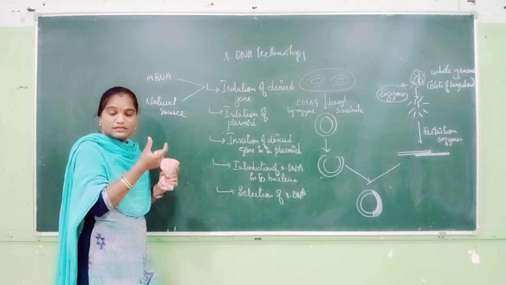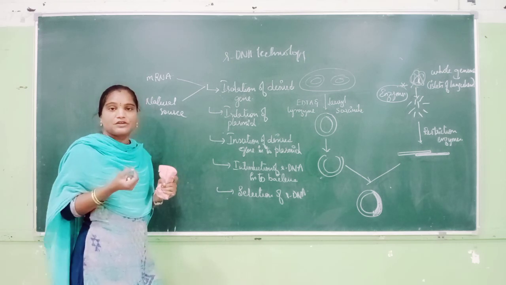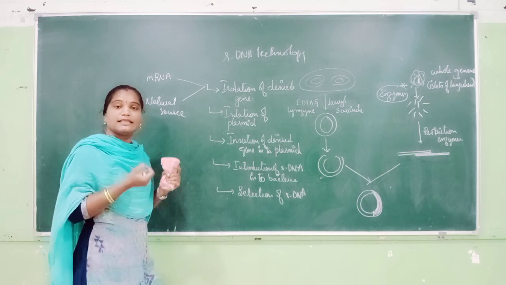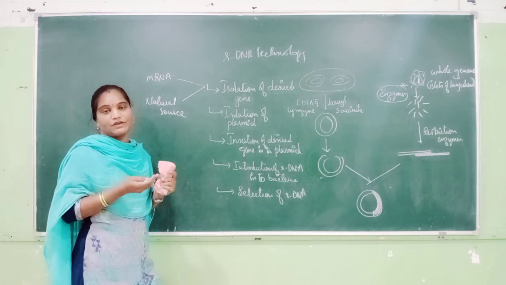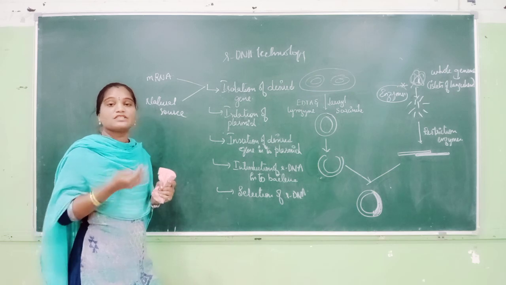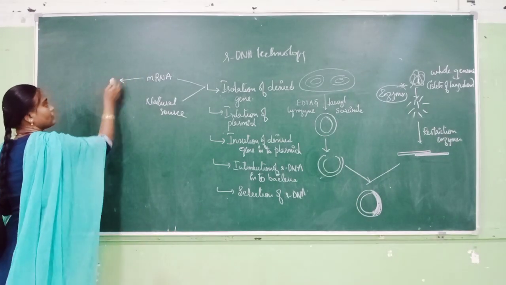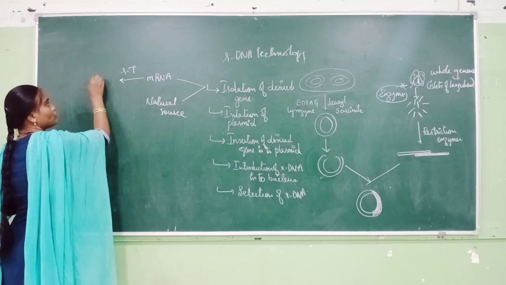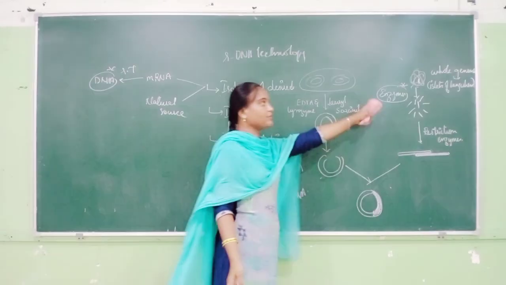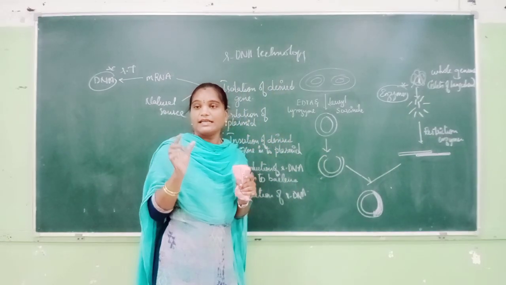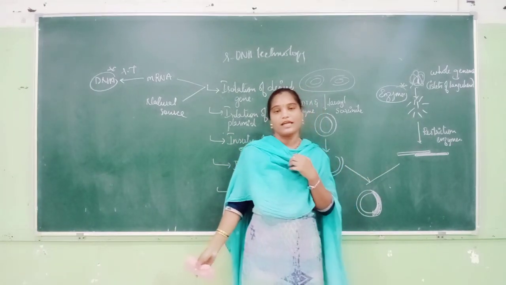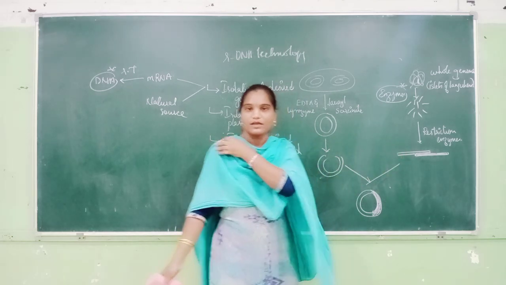So in those particular cells, first initially you will isolate your mRNA molecules from the islets of Langerhans. Then these mRNA molecules are treated with reverse transcriptase enzyme to produce DNA molecule. So this mRNA is treated with RT, reverse transcriptase, to produce DNA molecule. Hence the desired DNA is obtained from your whole gene. So this gene contains your insulin. Next, this DNA will be treated with restriction endonucleases, and the next process will be continued, isn't it?